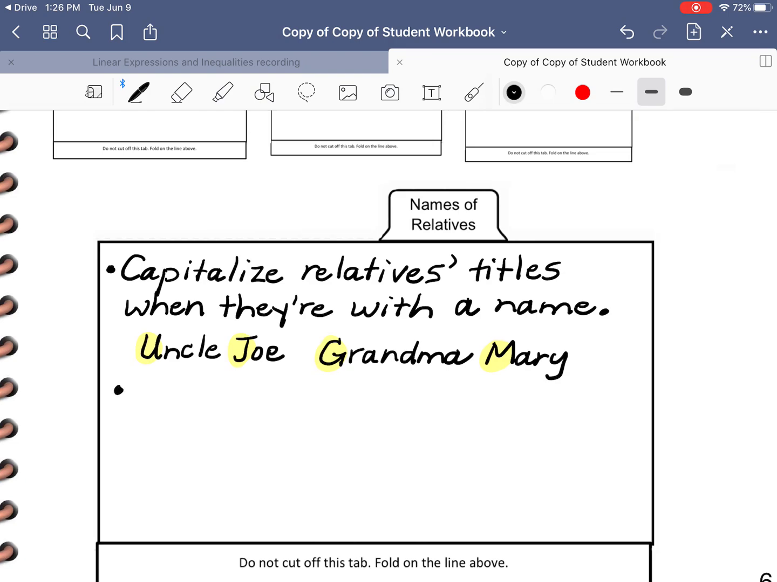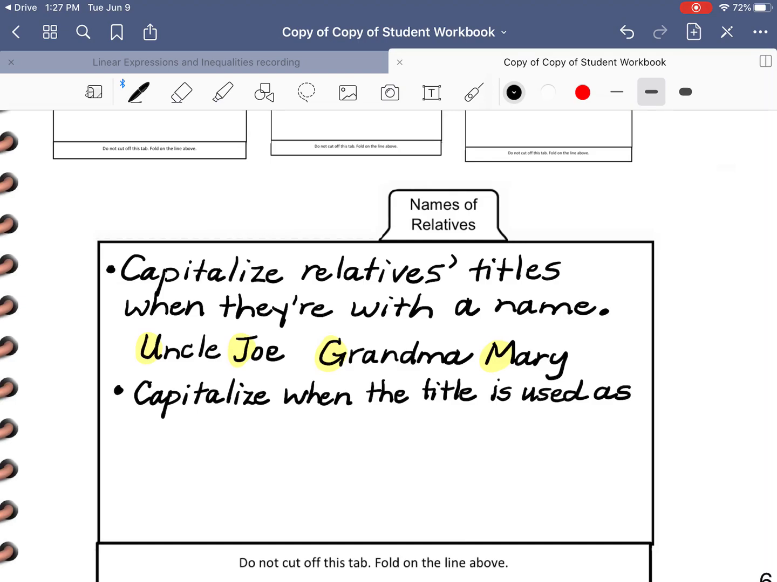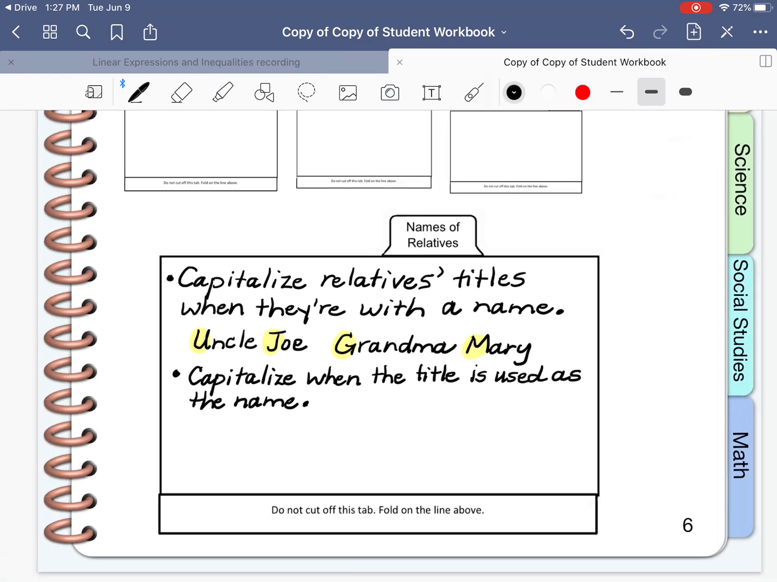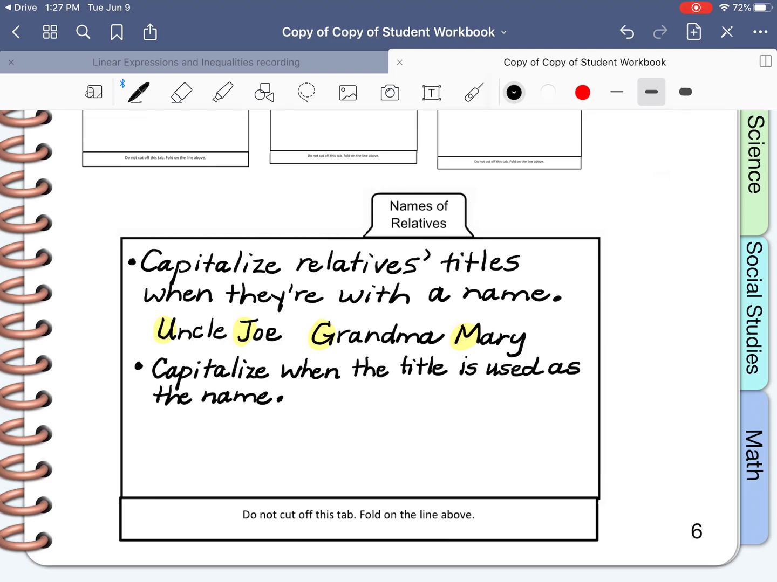Here's another time that you capitalize the name. If you use the title, capitalize when the title is used as the name. For example, my mother's name is Catherine, but I don't call her Catherine because she's my mother. I call her Mom or Mama. My dad was Daryl. I never in my lifetime called him Daryl. I called him Daddy. So if you're using those as the name of the person, Mom,